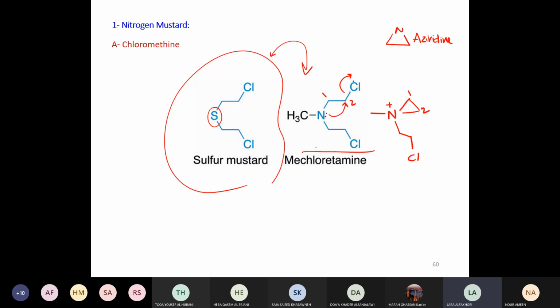If I had a chlorine withdrawing electrons inductively due to its higher electronegativity, here you have a nitrogen that is positively charged. It will withdraw electrons very strongly, inductively, from those two carbons. Is the electrophilicity of carbon 1 and 2 similar, or are there differences in your opinion? Yeah, almost similar. So if another nucleophile attacks from this side or that side, it's almost the same, or eventually it will give rise to the same product.